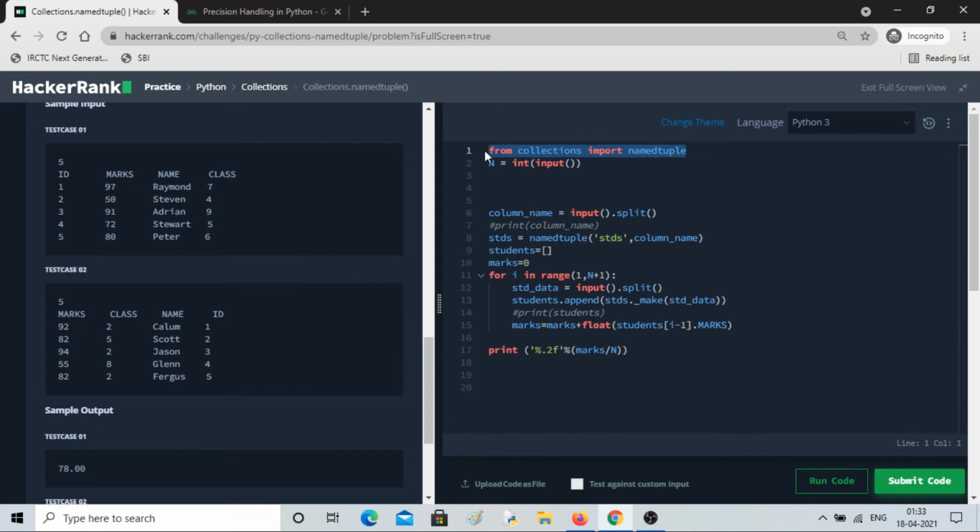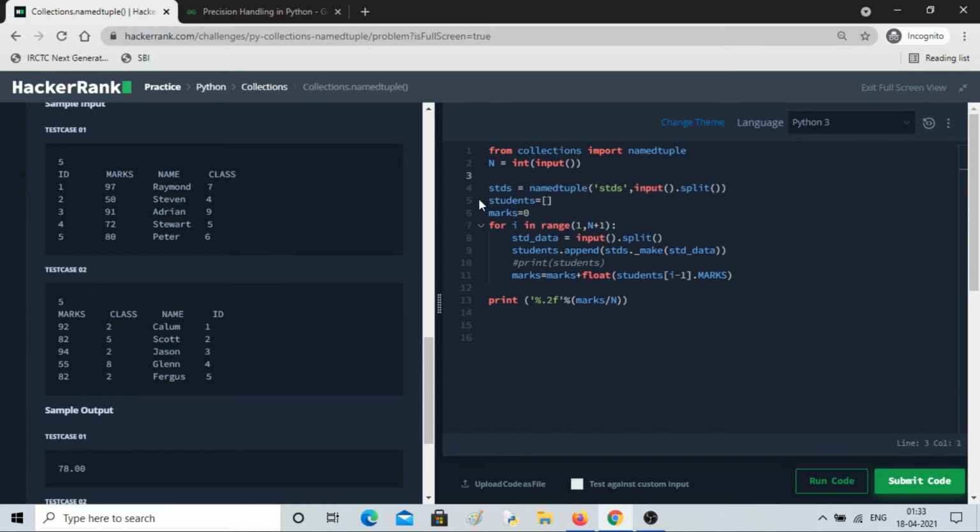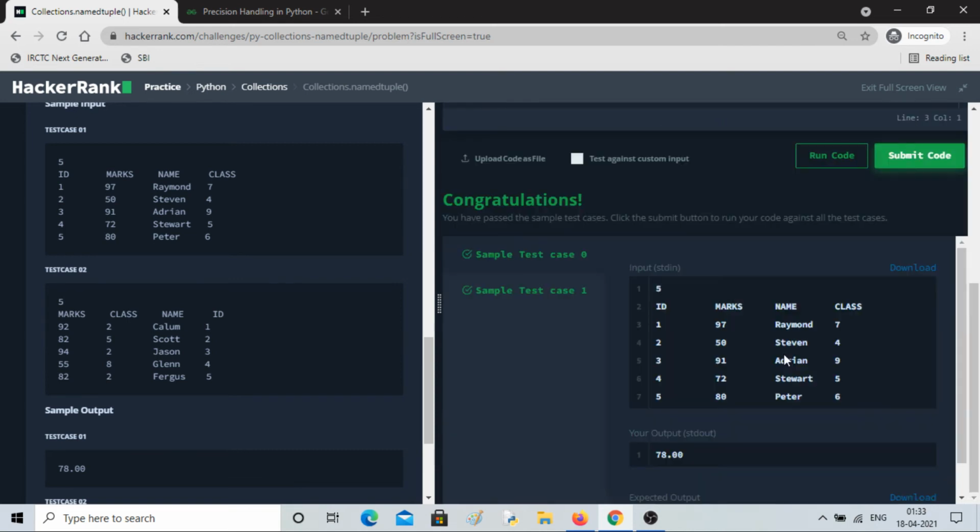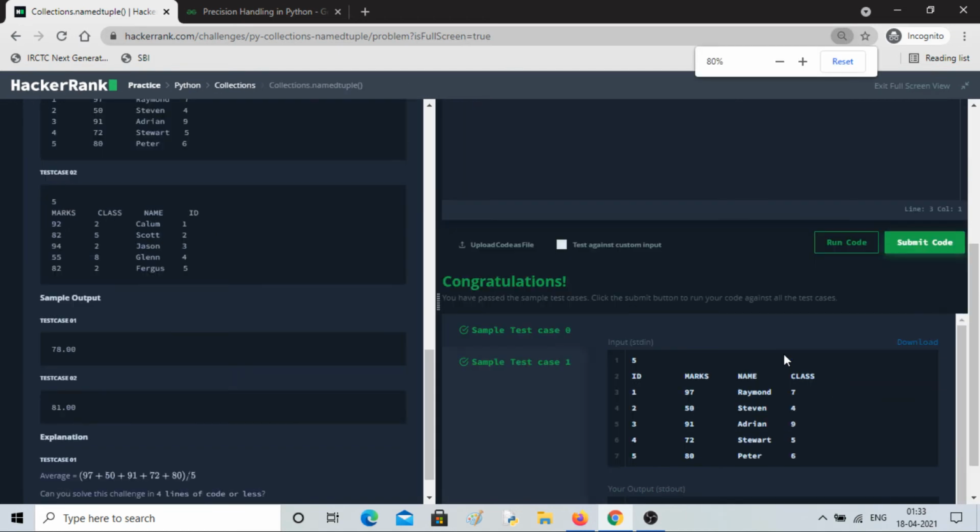So one line will be taken by this. There is no substitute. Now what I can do is take the input here only, so no need to define the column name, right? Let me define it here only, take the input, and there is no column name now. Okay, so let me run it. Yeah, it is working.